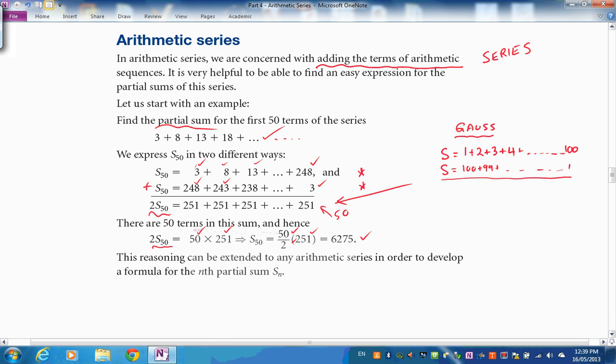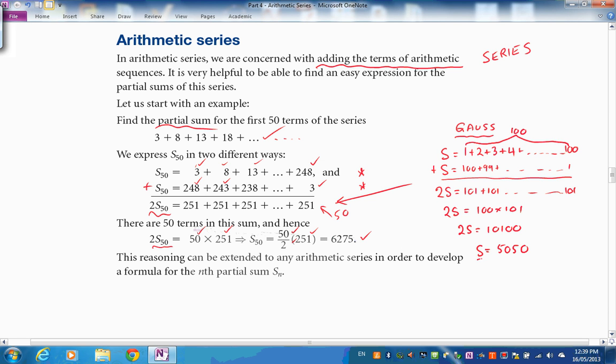And if I add them up, so that's S plus S will be 2S, I will get every time 101, up to there, 101. So then he said, how many terms are there here? 1 to 100 is 100 terms. So 2S is 100 lots of 101. So 2S is, what is that? 101, 2 noughts on the end. So S is a half of that,